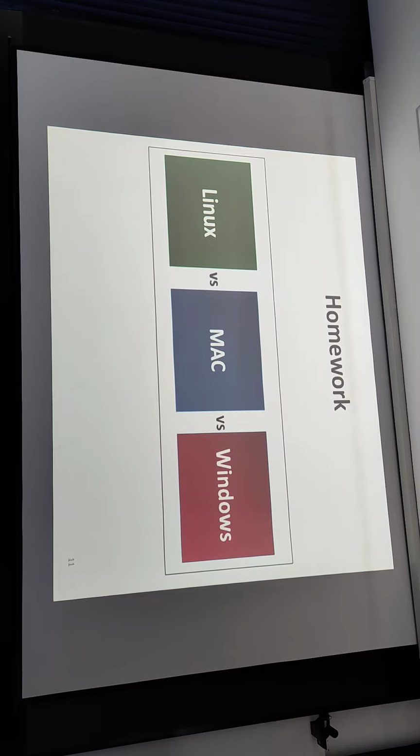And for your further study, I recommend you understand the differences between different operating systems, their strengths, their weaknesses, and the objectives of designing and building different operating systems to serve different purposes.